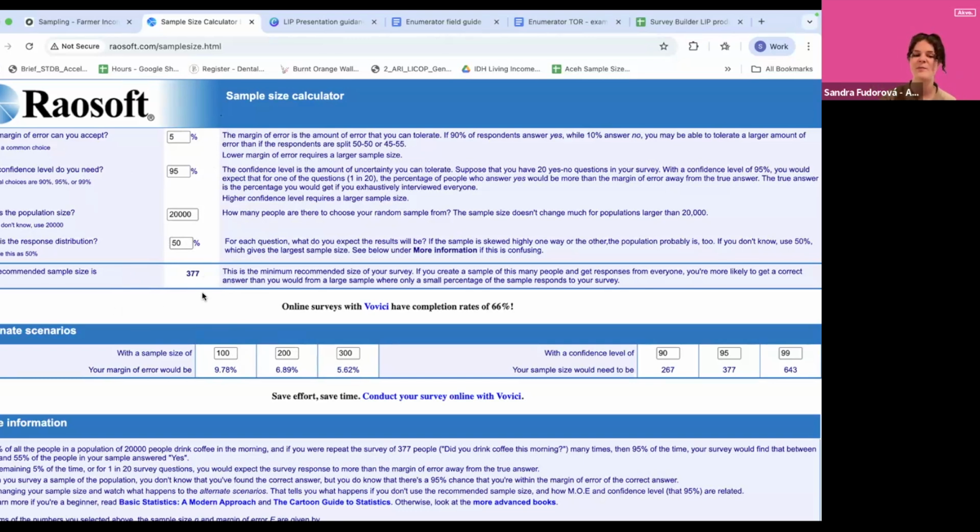So if your sample comes up to 377, it's good to aim around the 400, 410 mark, to also account for the fact that some farmers may not be willing to respond to your survey. Some farmers may not be willing to participate. From some farmers, you may not get correct information, so the entries are at the end of the chain unusable. So it is good to plan for some of these eventualities and include a buffer in your sample size so that you are really ready for data collection. I hope that answers your question.